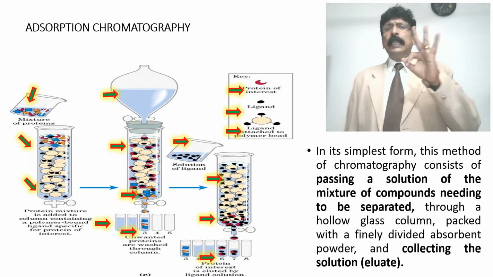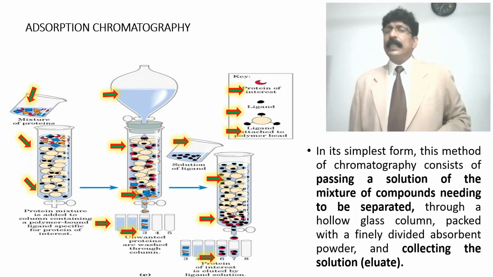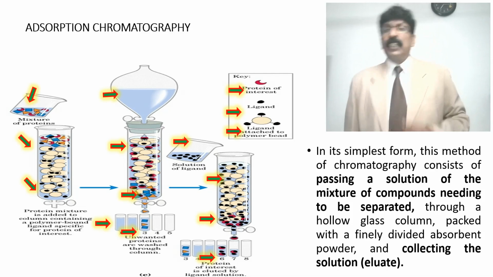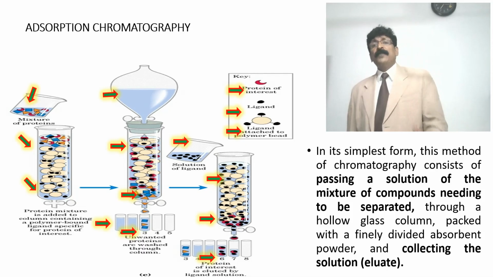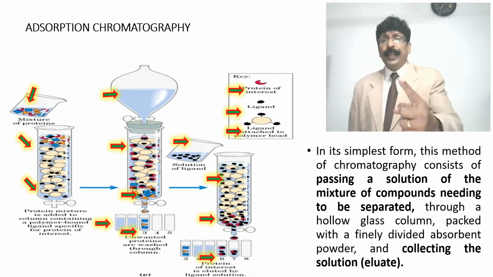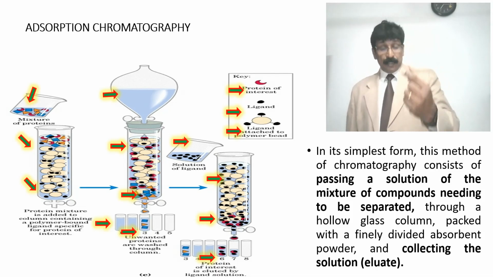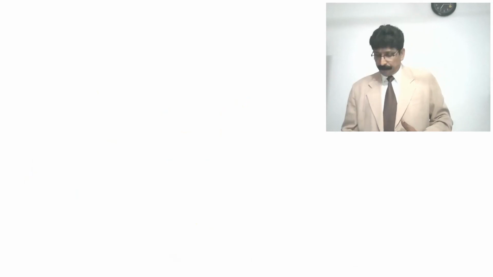So the three component mixture is an example of how they separate by this adsorption chromatography. Adsorption takes place in the stationary phase by means of the affinity towards the stationary phase. One is having more affinity, it will adsorb more strongly. The other is having lesser affinity, it will be loosely adsorbed, so that easily it can be eluted. So you see here,